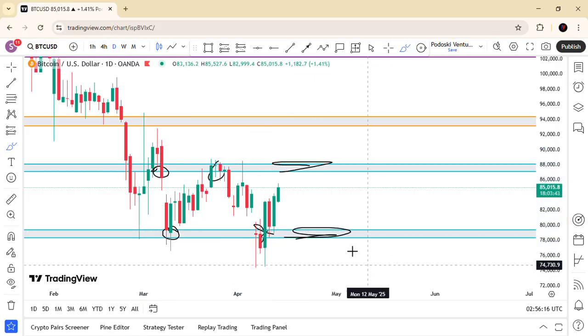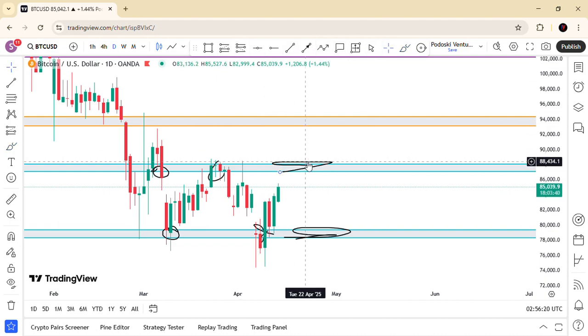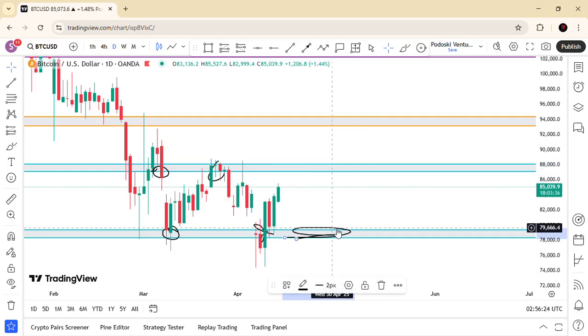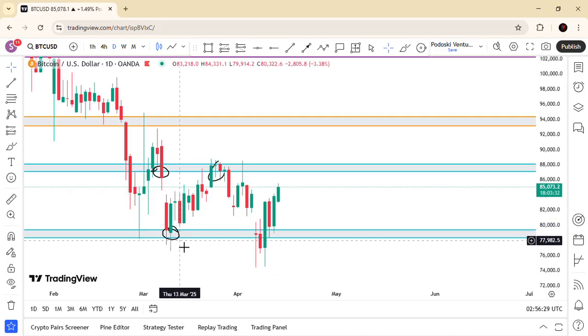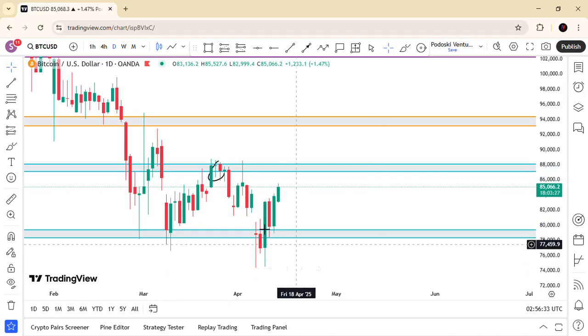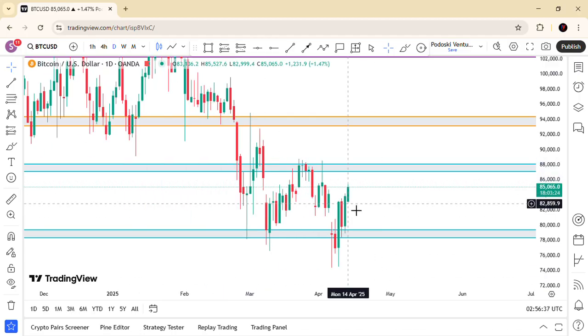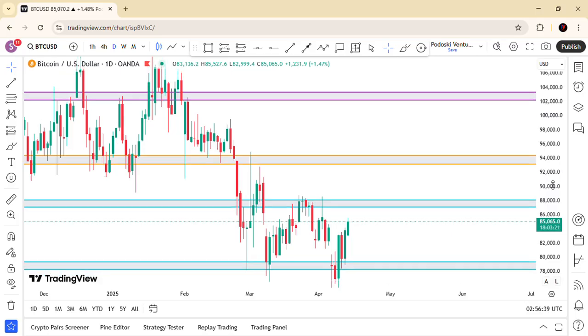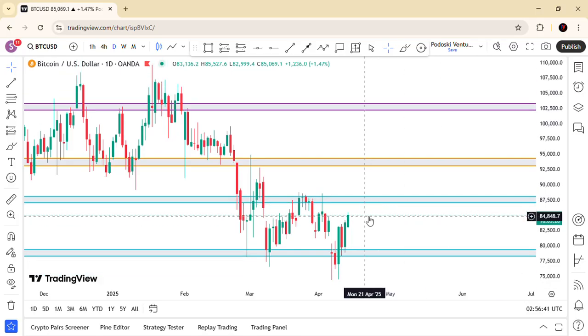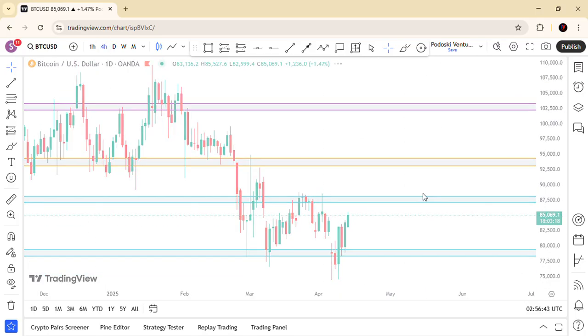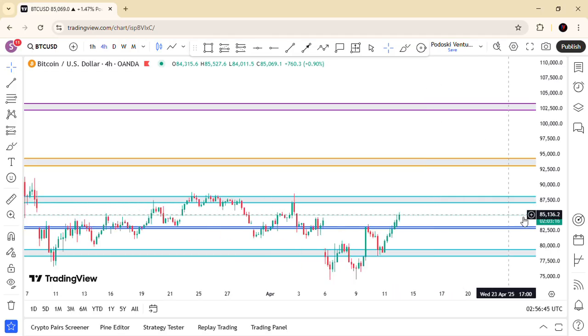So what you can do best is, since we've seen that price is going for a possible retest on the weekly time frame and it's ranging on the daily time frame, wait for a breakout on the daily and expect something natural on the weekly. But before we do that, let's go to the 4 hour and see how we can pick the entry